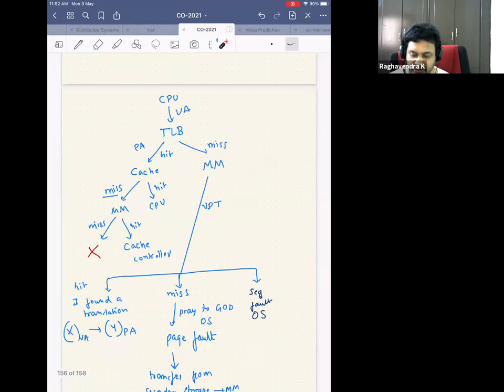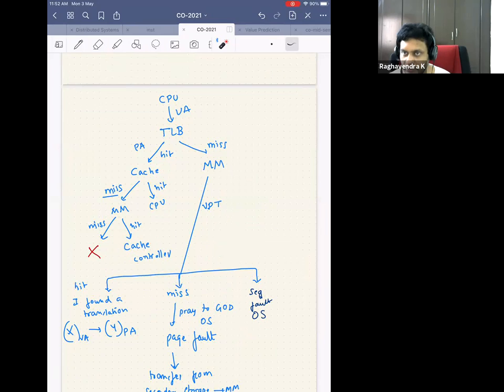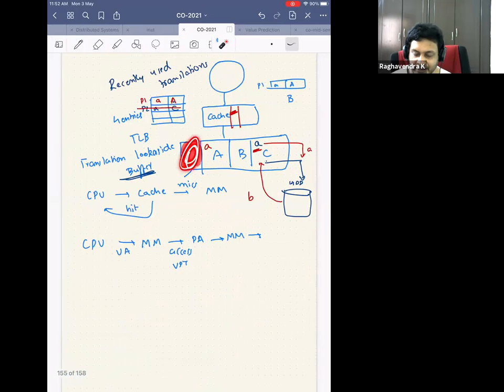When I wrote this, I assumed that the entire page table is available in the reserved space. But you are right, there might be a case that it cannot fit in the reserved space. Then it's like, God created us, but who created God? So it's like recursive God. But we'll not get into it, I think it will just confuse everybody. We'll assume that everything that is reserved can fit in here.